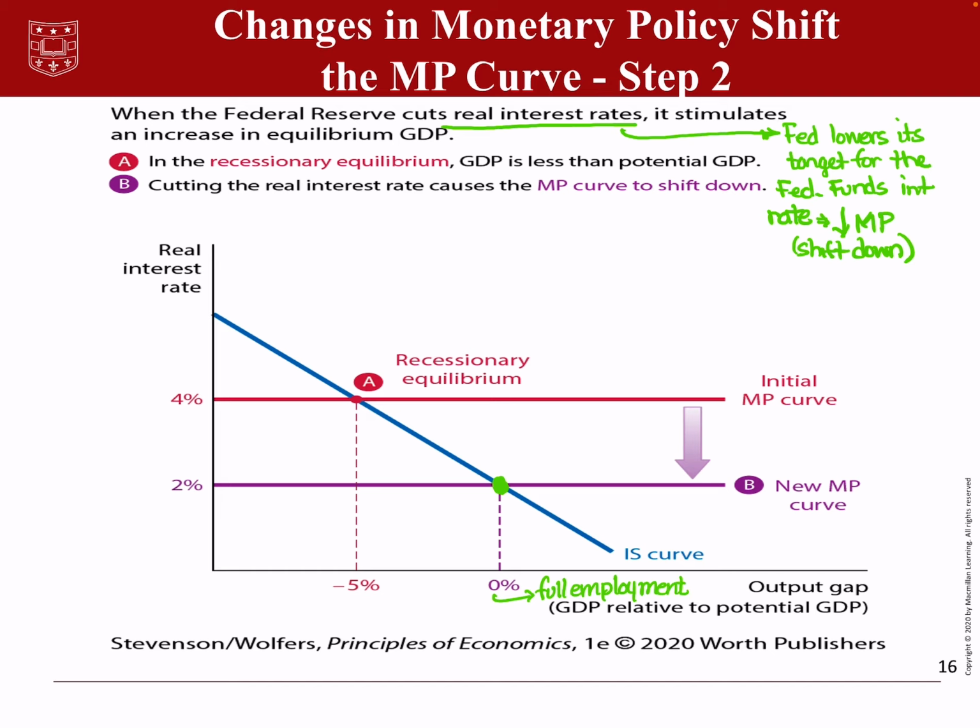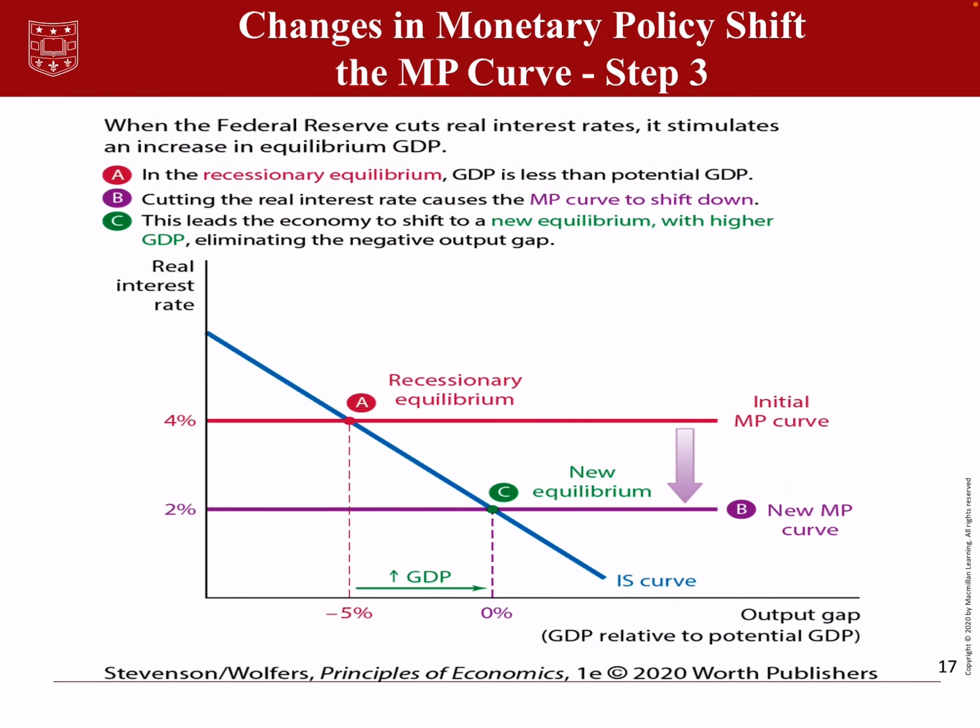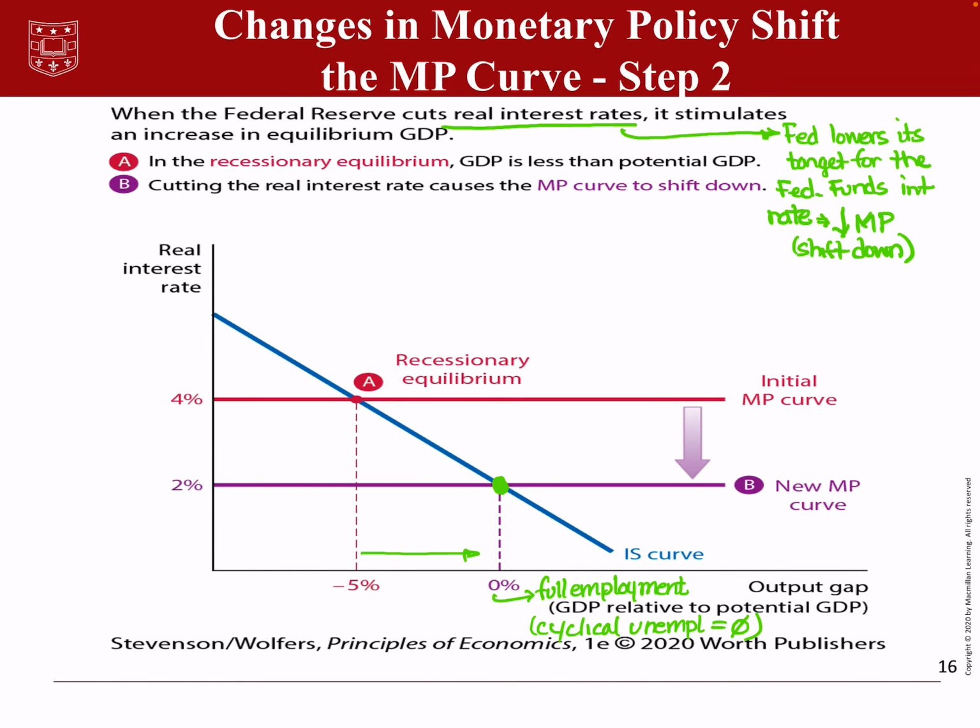And the only unemployment that we see is frictional and structural in nature. So specifically, cyclical unemployment is 0. And this movement from point A to point C, as we have it here, eliminates the negative output gap. I'm going to go back actually to my picture. And the reason that we would call this expansionary monetary policy